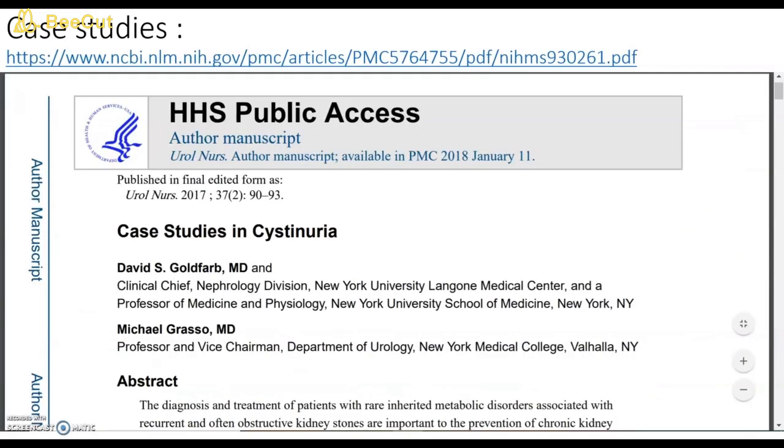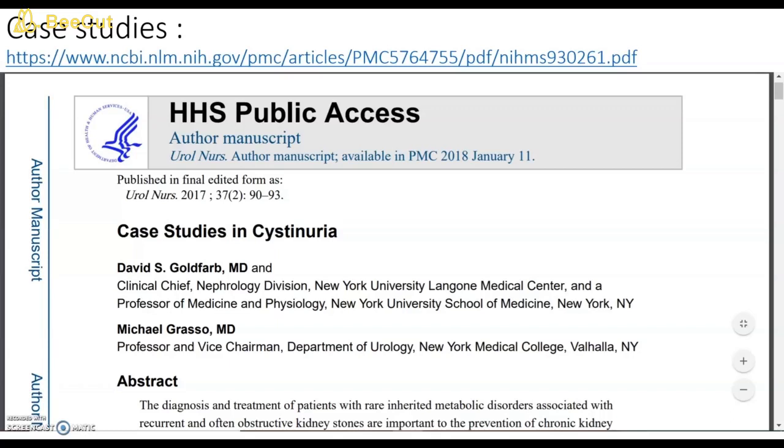Fifth type is case studies. Okay, so I have put forward one of the case studies, like in cystinuria. So this is a kind of case which is actually studied and then reported. Okay, so this is actual, you can say, hospital work. Sometimes the research labs are also situated in a hospital or a medical center, so a particular case is actually studied in the research paper, so such papers are called case studies.